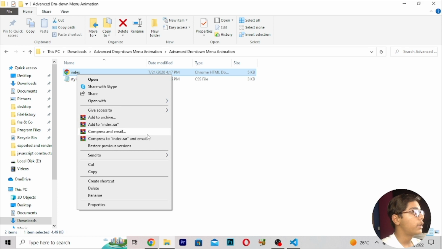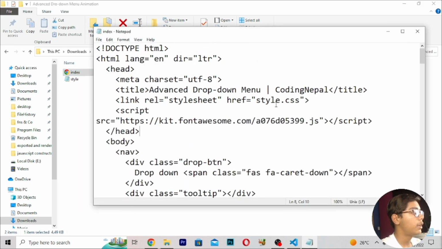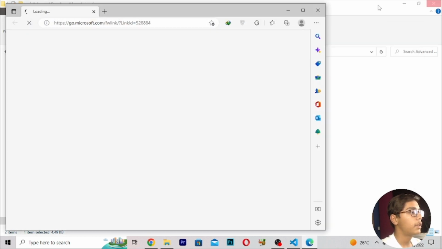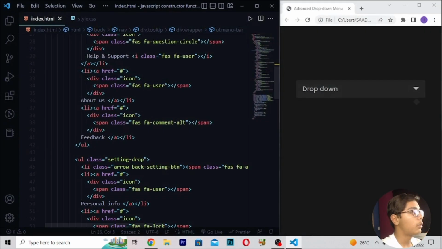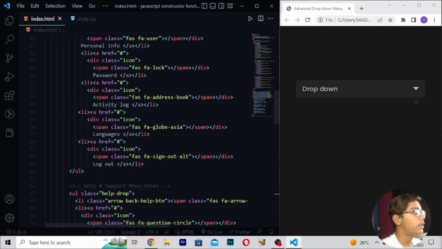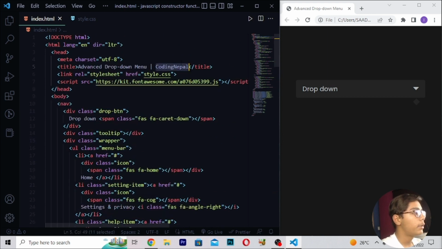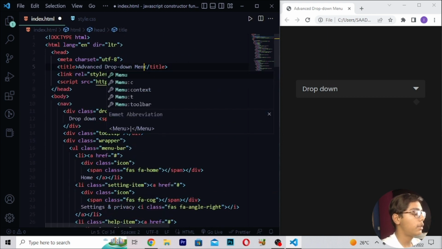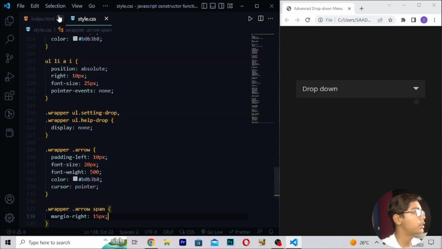And then when you are getting here, I will be just doing one thing. Here I will be moving, and you can see we are just getting all the stuff in our drop down like we want. Then when you are getting all this stuff, here I will be moving at the top, and after moving at the top, I will now be writing advanced drop down menu, which is our project.